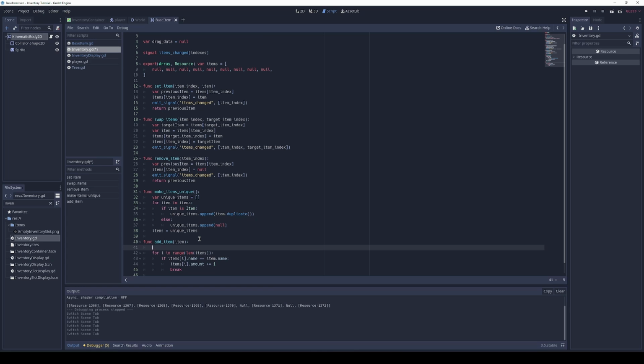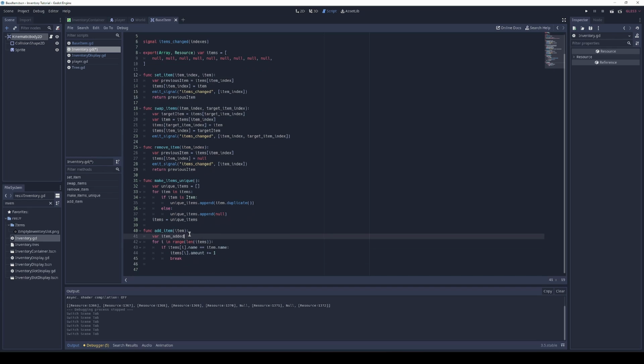So to check that we've already added it, we're going to create a variable item added, and we're going to set it to false. And once we actually add it, we're going to set this to true. But what happens if we don't have an item that shares the same name in our inventory? Well, in that case,